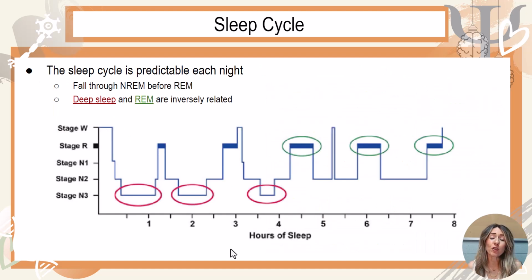Okay, so like I said, you go through this cycle multiple times a night, and it should look like this on a nice, healthy sleep chart. So you see you have awake, then you go right into stage 1, stage 2, stage 3, then back up to 2, then you go up to REM. So you don't go 1, 2, 3, 4, or 1, 2, 3, REM. You go 1, 2, 3, 2, REM, and REM kind of replaces that stage 1, or comes right before it, and you don't wake up.